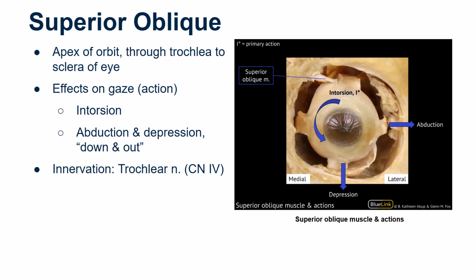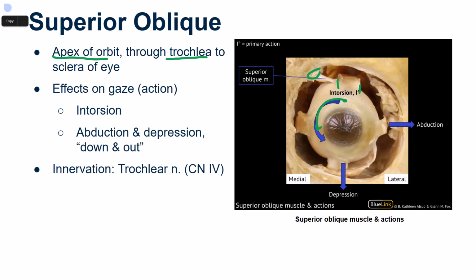Let's begin with the superior oblique. The superior oblique originates at the apex of the orbit. It runs through a cartilaginous pulley known as the trochlea before inserting on the sclera of the eye, just behind the superior rectus muscle there. In terms of its actions upon gaze, there are two. Its primary action is that of intorsion. Intorsion is when the superior pole of the eye is going to move medially, so there's a slight